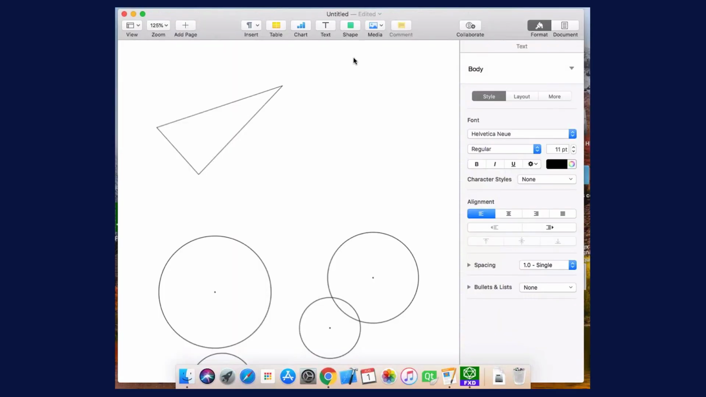In this video we're going to look at how to use FXDraw in Pages on an Apple Mac. To begin with, we need to have both Pages and FXDraw open on our taskbar or our dock. Once they're both open, if we want to create a graphic to include in a Pages document, change over to